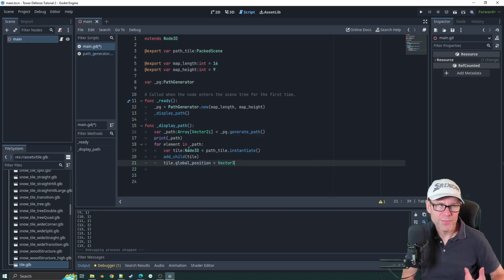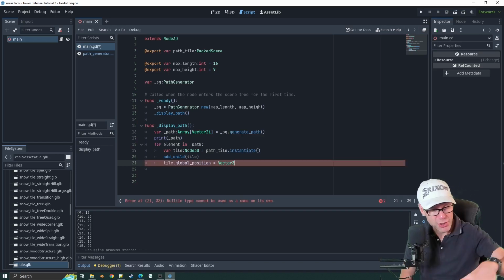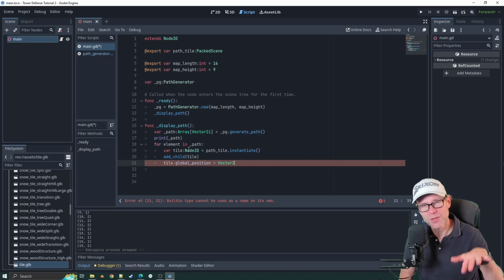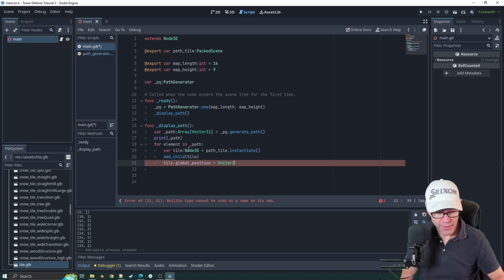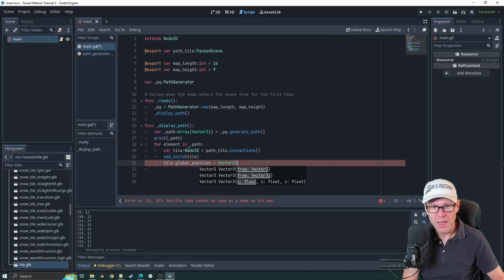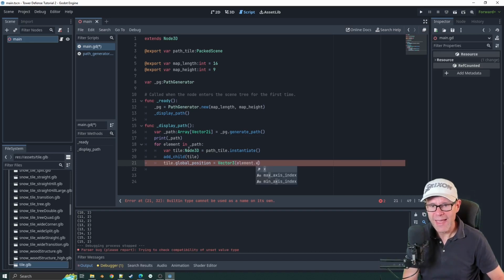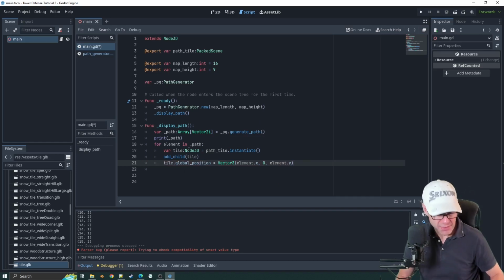and here we're changing. The map is a 2D map, so we need to think about the fact that it's 2D. We're actually displaying it in 3D, so we won't go on the Y, which is the up and down, if you like, the height of your 3D viewport. We'll say element dot x, 0, element dot y. That looks like that's done it without a fuss. Now if we press play now, I think